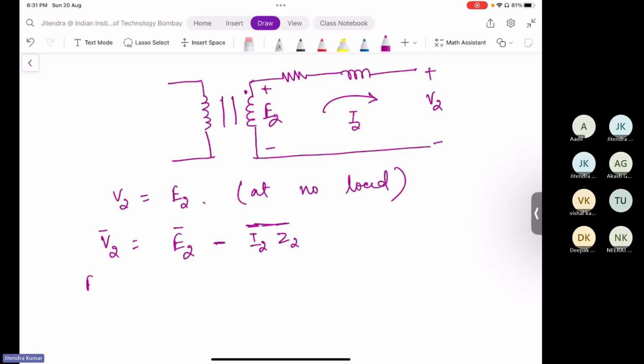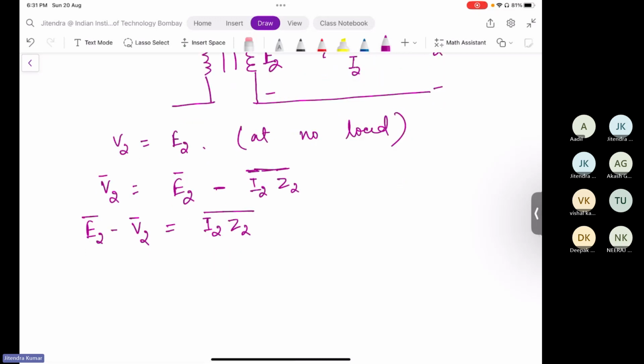E2 minus V2. Our agenda is to compute the difference between the no load voltage and full load voltage. That should be I2 Z2, right? So if we are assuming this, or not assume, Z2 will have some R plus jX, right? So if you break it, you will get